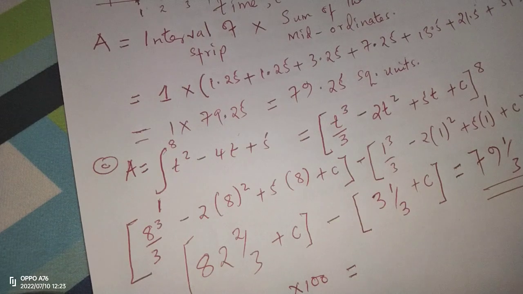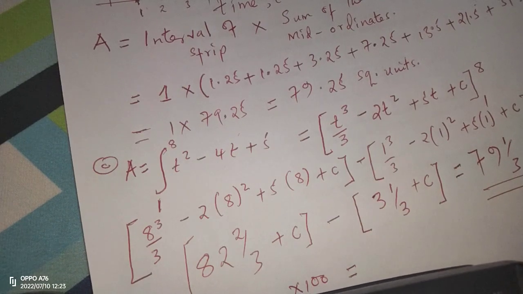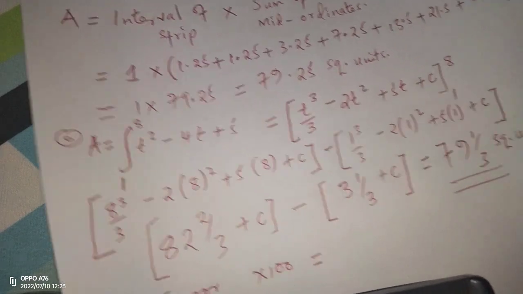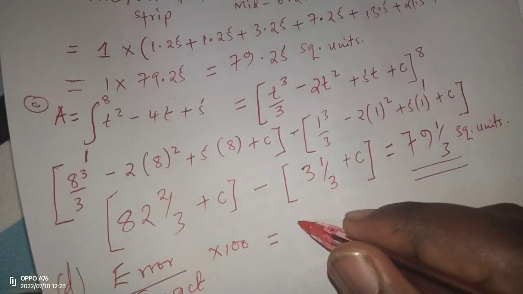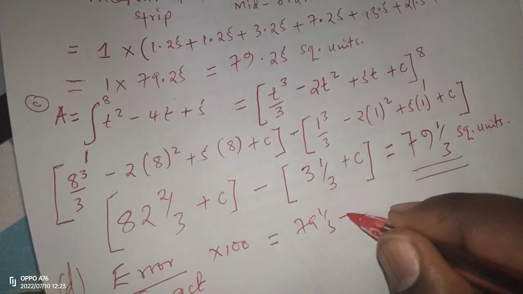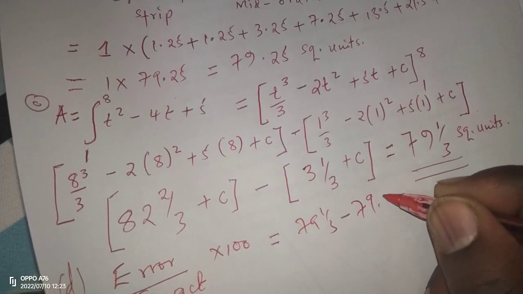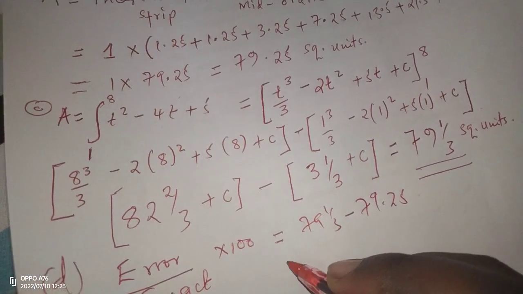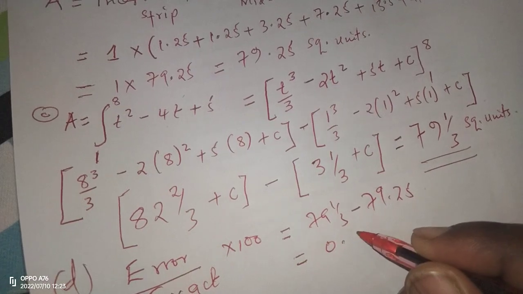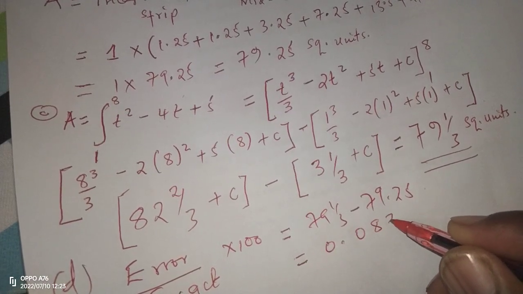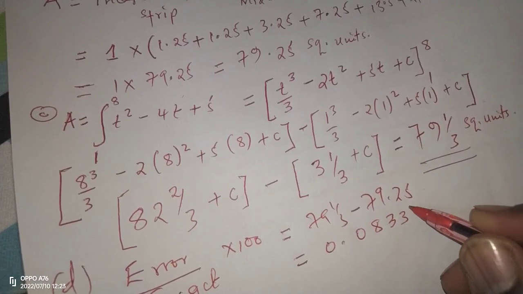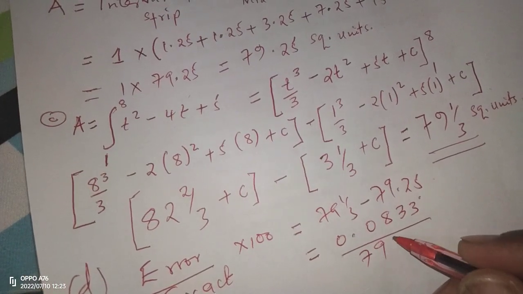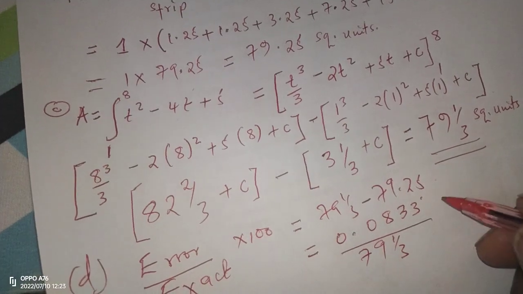When we subtract 79 and a third minus 79.25, or rather 79 and a quarter, this gives us 0.0833 recurring. Then when we divide this error by the exact value, which is 79 and a third,